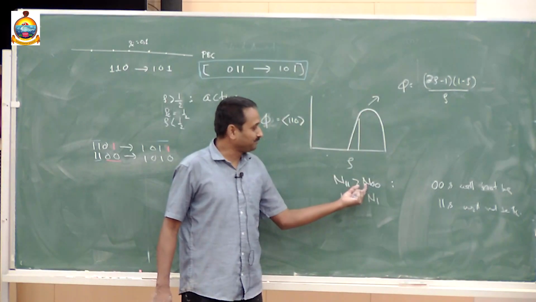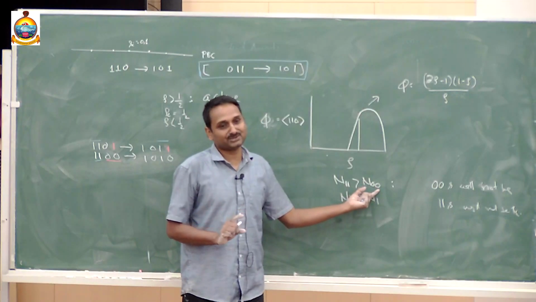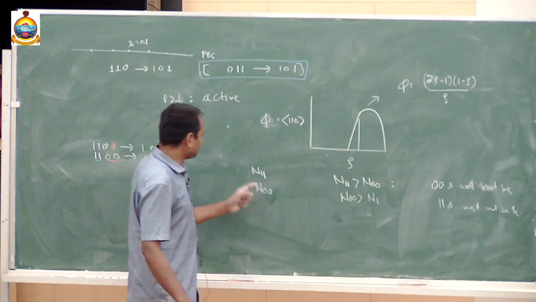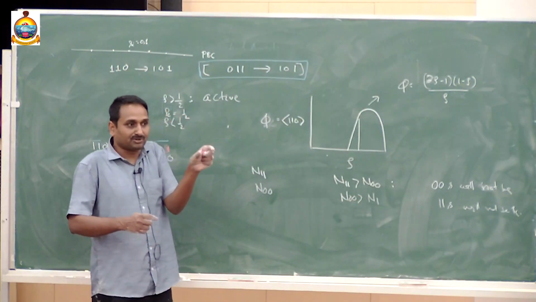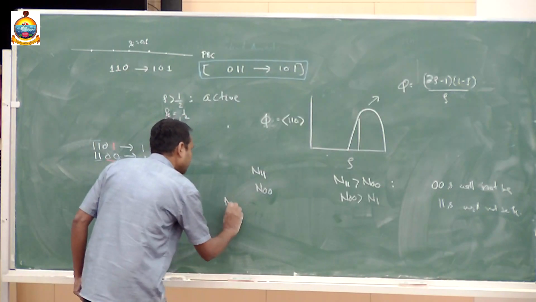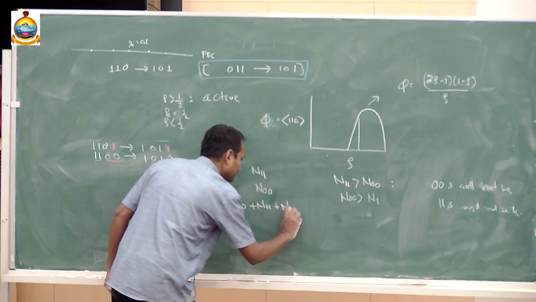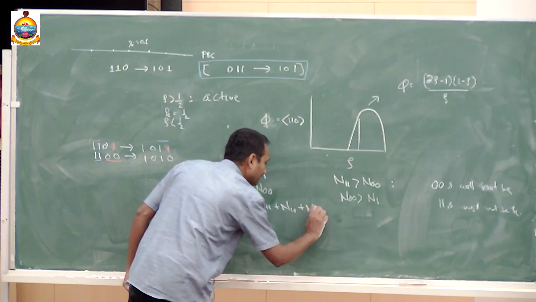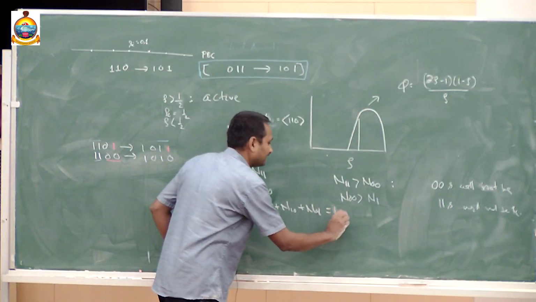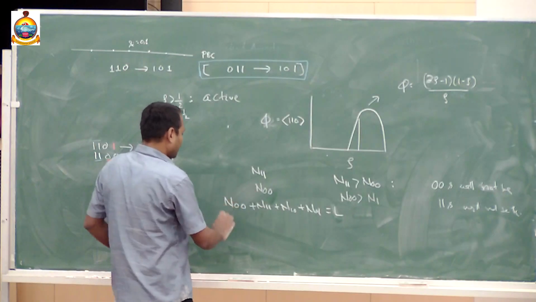If n 1 1 is greater than n 0 0, then you are sure that the density has to be greater than half, right. Can you prove that? Because each bond can have either 0 0 or 0 1 or 1 0 or 1 1. So n 0 0 plus n 1 1 plus n 1 0 plus n 0 1, that has to be L. Sorry, that has to be L. But at the same time, n 1 1,